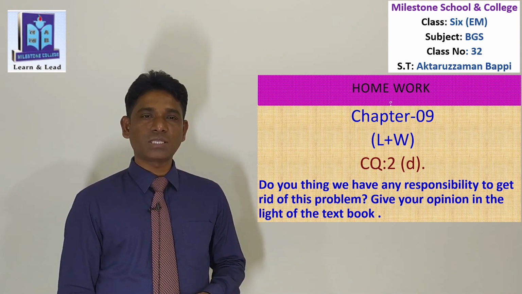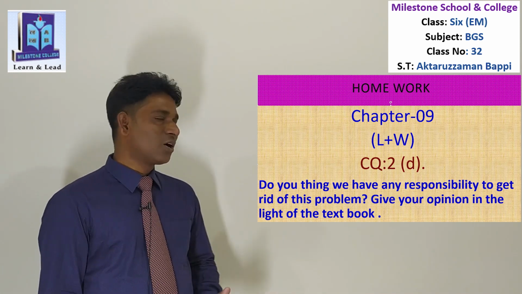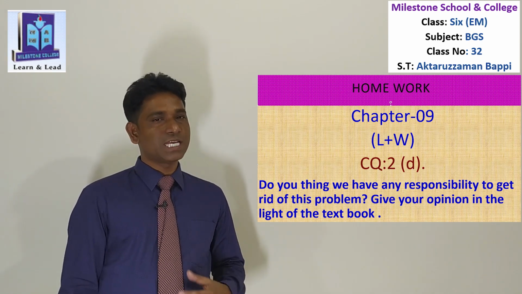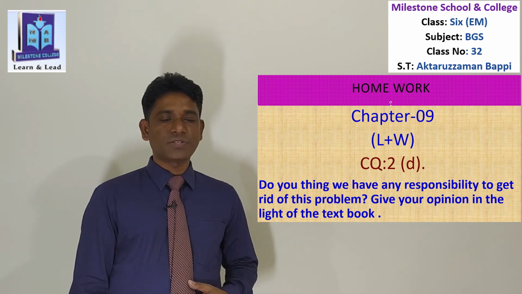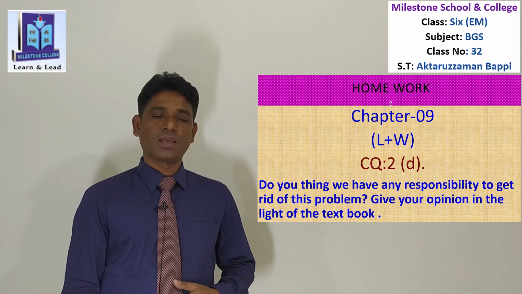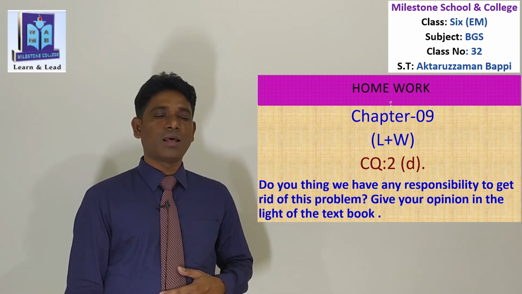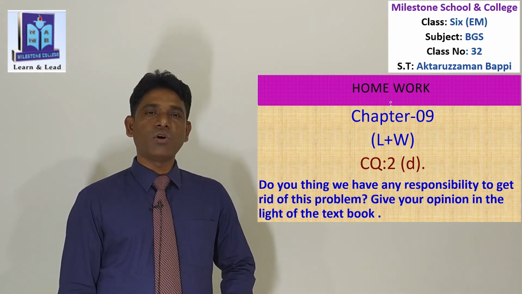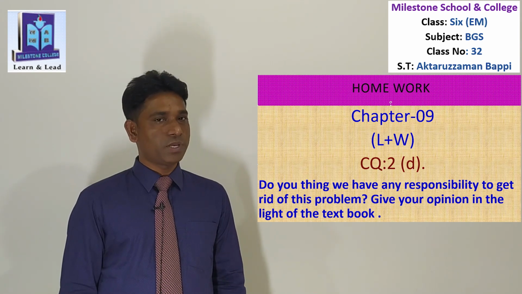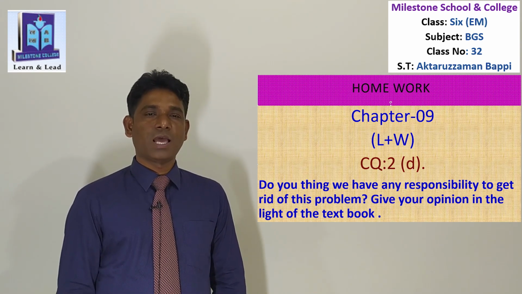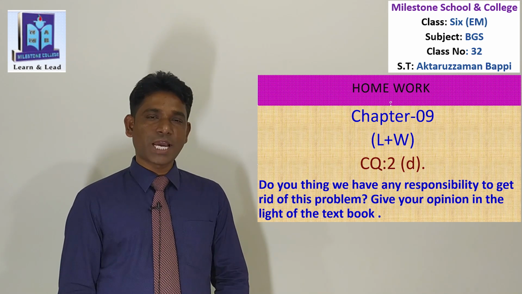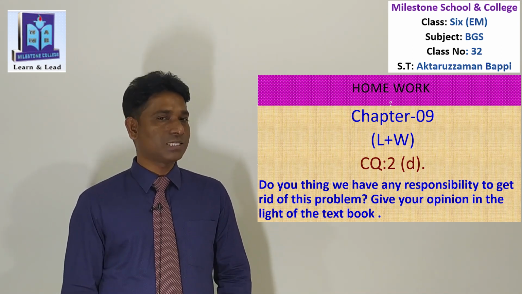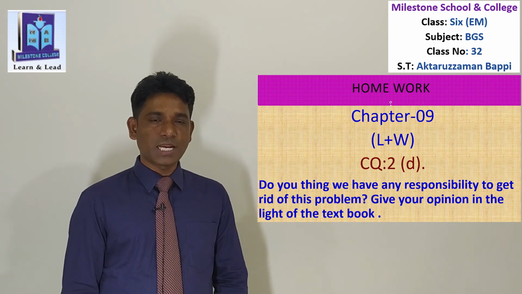What was the question? Look at the board. The question was, do you think you have any responsibility to get rid of the problem? Give your opinion in the light of the textbook. Hopefully you will be able to find out the answer from your textbook, and you have to read your book and try to find out the answer, and you have to write it in your SW copy. Then you have to send it